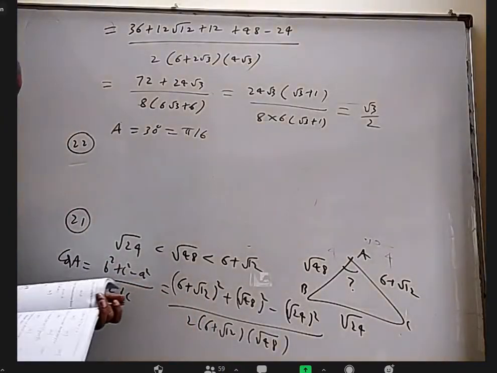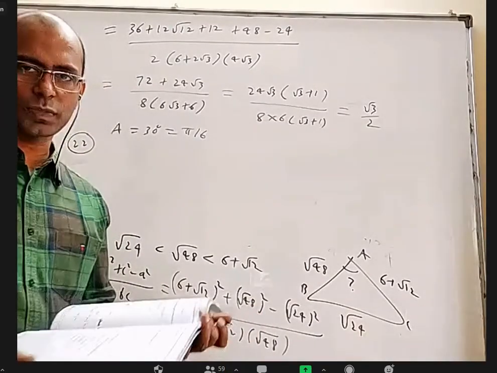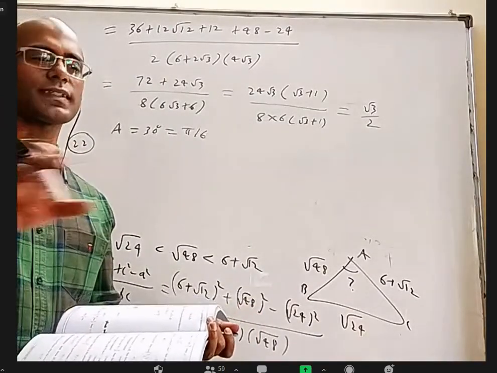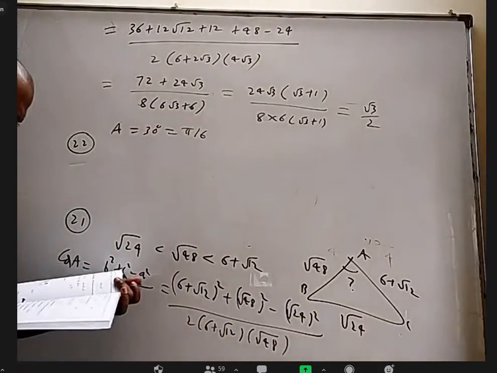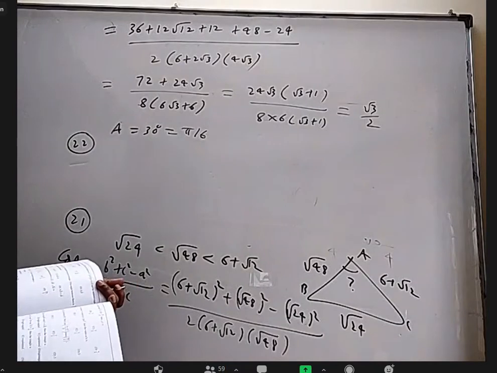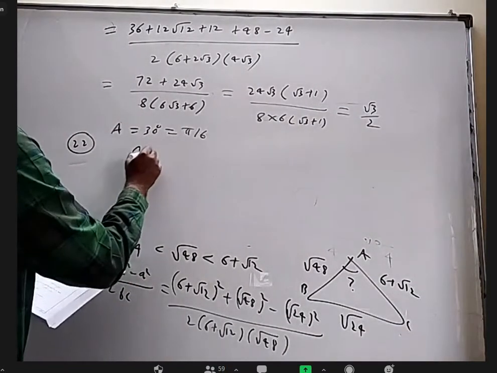You have to get an idea, somehow bring everything to one side and write it as a sum of many perfect squares. Because when you write a sum of many perfect squares, we can say that if the sum should be 0, it means each one of them should be 0. I can multiply 2 on both sides or 4 on both sides. We have to try on that. So let me multiply 4, just experimenting.